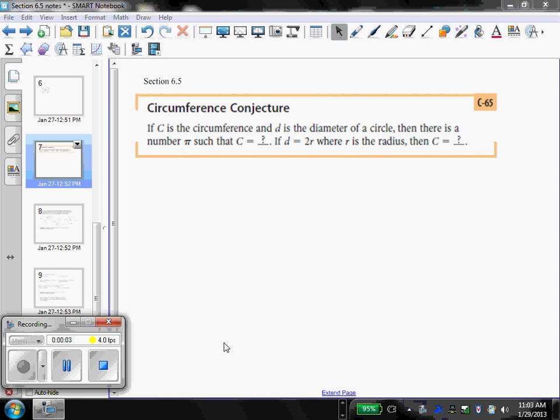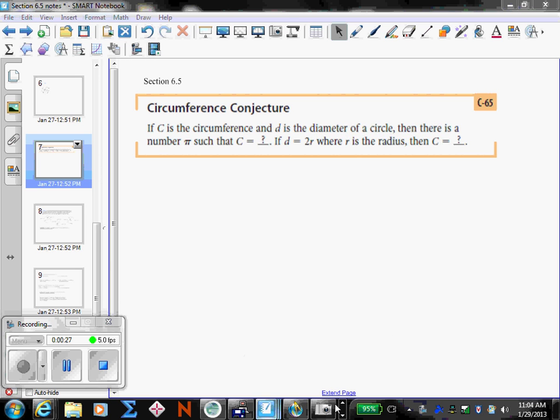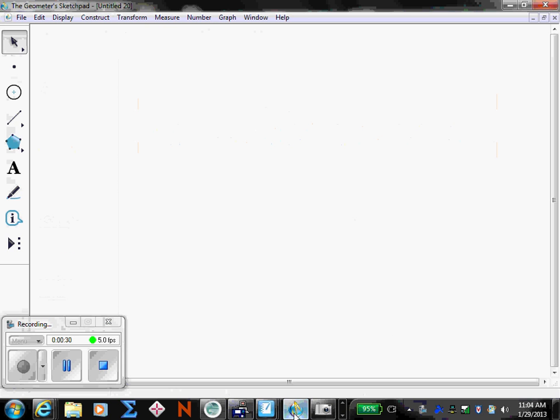Hi class, this is section 6.5 that we are going to talk about today, and we are going to be learning about circumference, and then we are going to do a mini conjecture or a mini investigation from your book. So most of you probably already know the circumference of a circle, but I'd like to just do a little investigation in Sketchpad. So if you will open up Sketchpad and make a circle,